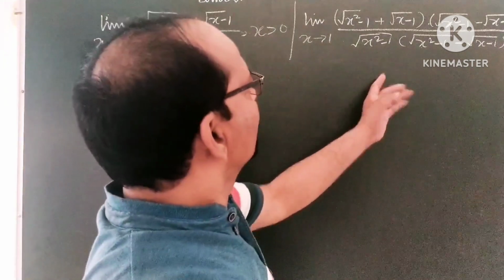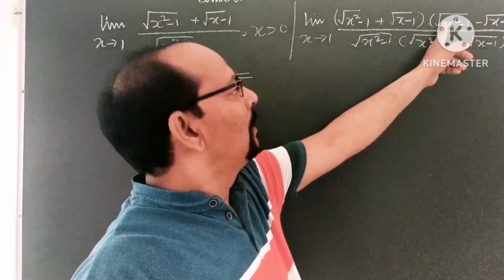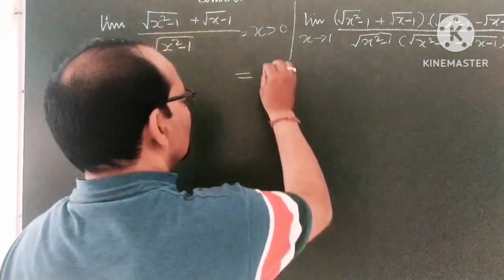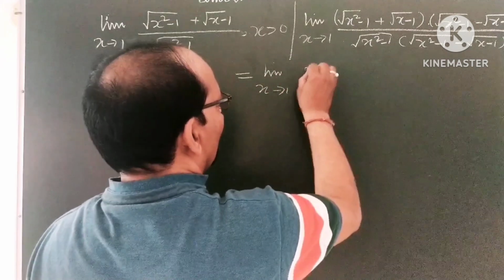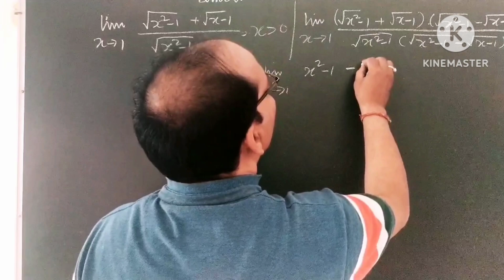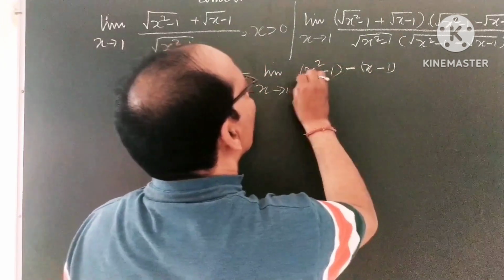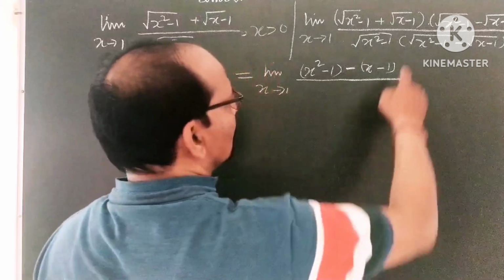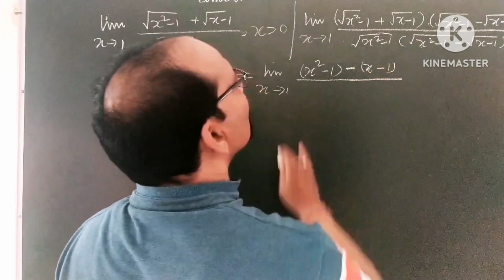After that, this is the form of a square minus b square. Therefore, we can write limit x tends to 1, x square minus 1 minus x minus 1, and the denominator will be root of x square minus 1